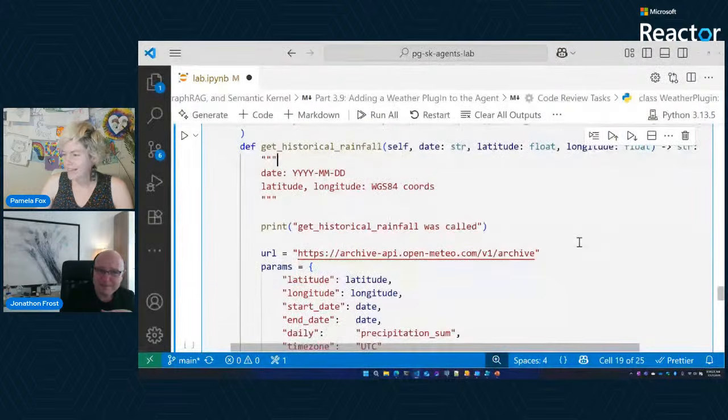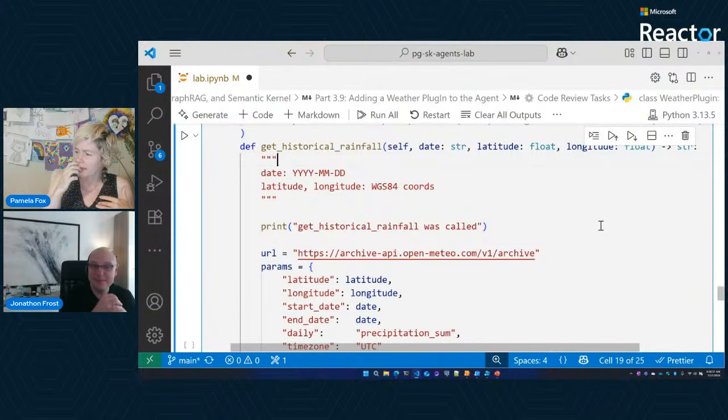I do think that it would be best to have a geocoding API, because this does work with Seattle and with the big cities, but I just worry people don't know that there's geocoding APIs that know how to do this, and you could still use it as a tool, right? So you would add another tool, like geocode, and the agent would first call the geocoding tool, passing in the city name, the address, whatever, and get back the exact latitude, longitude. It is quite neat that it does happen to know the latitude, longitude of many big cities, but just so you know, there are geocoding APIs out there that are great. That would be good to add to this agent's arsenal if anyone is developing something with latitude, longitude.